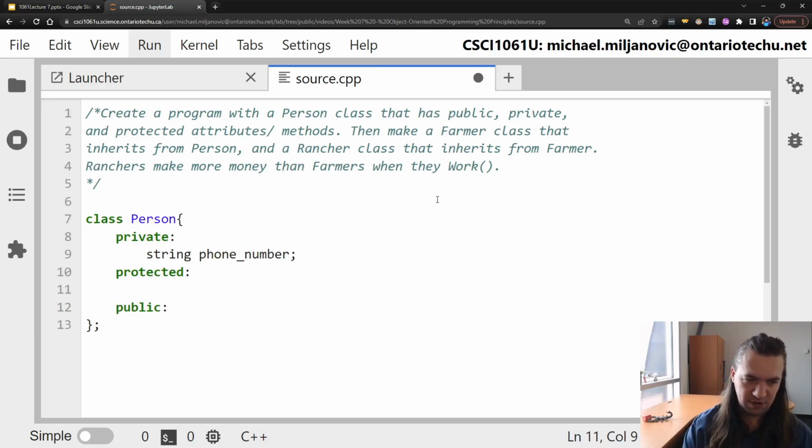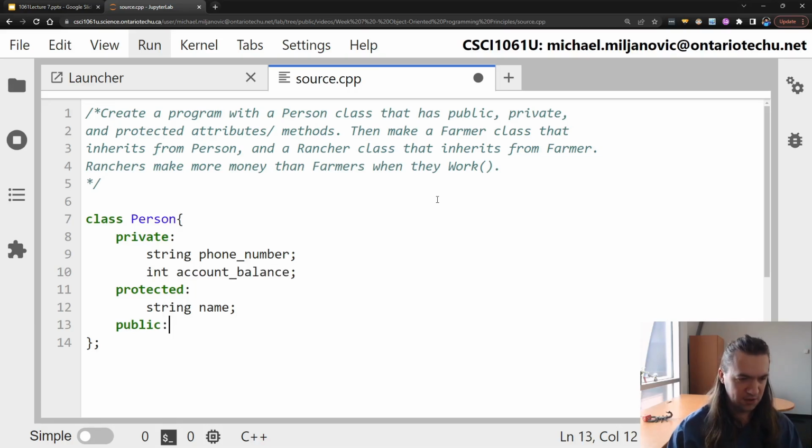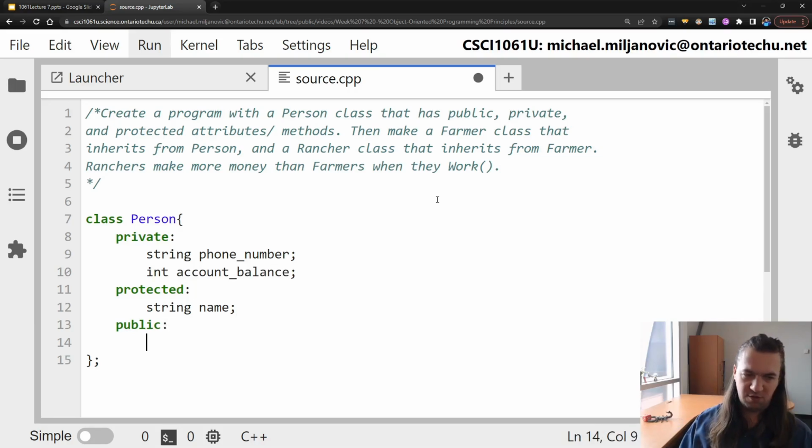For protected, let's say their name, and then let's do, for private as well, their account. So their account balance, how much money they have, and then public, let's do,